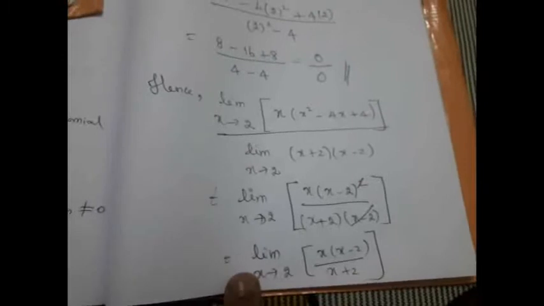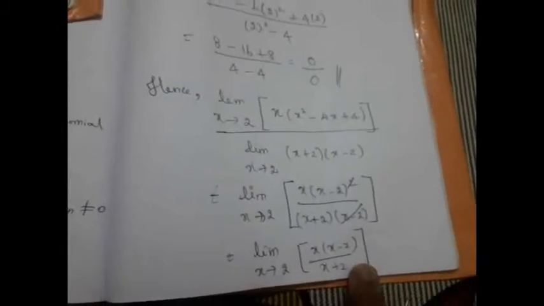Now if we apply the limit, what will happen? The numerator will become 0, but the denominator is not equal to 0. In that case, the limit is 0 by anything, which is going to be 0 only. Only if we have the denominator as 0 will we get all those sorts of confusion, because it is not defined if we have 0 in the denominator. So what will happen here?